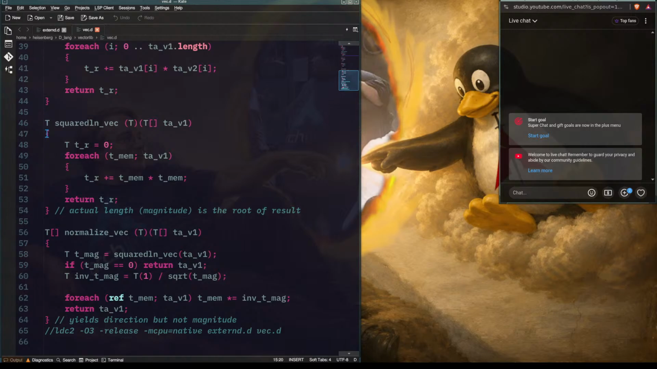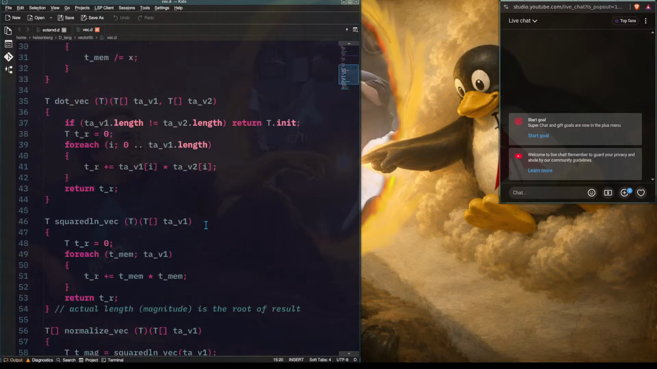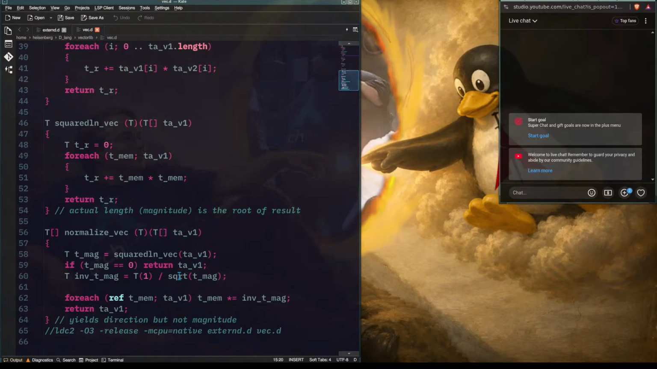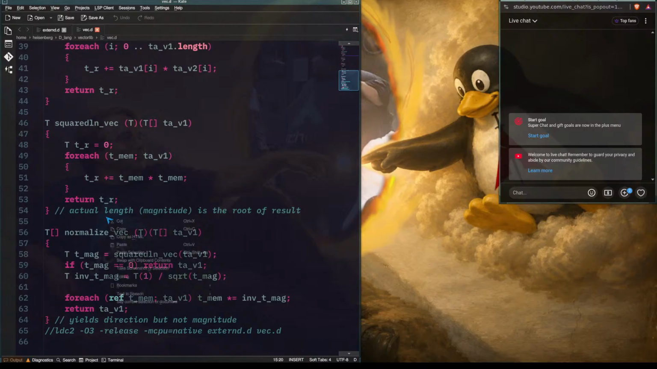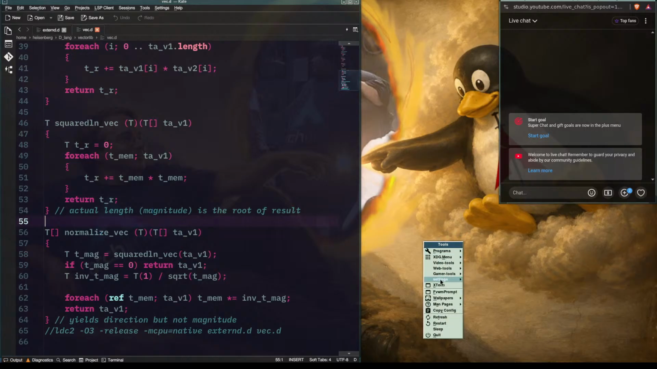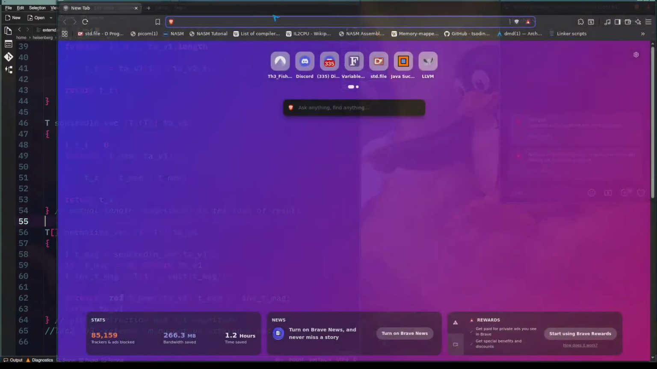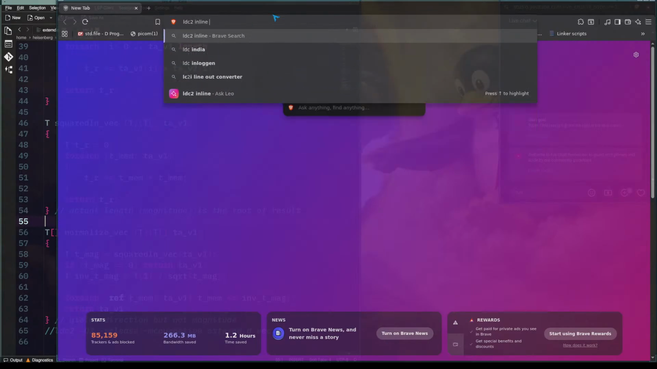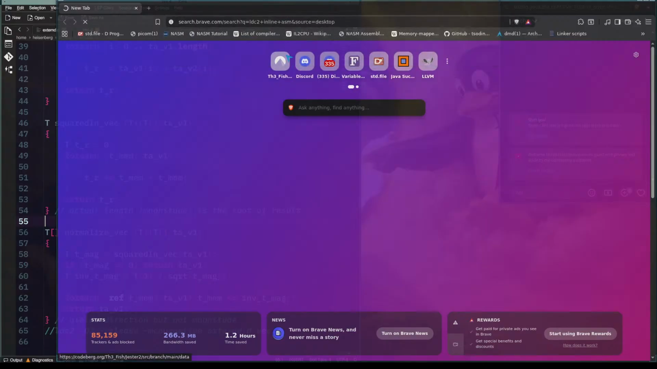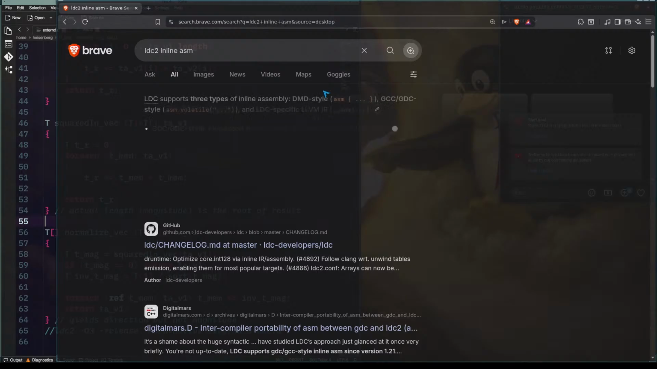All right, this section we need to work on because it doesn't work. We need to either import square root or write a square root algorithm. There is technically a way to do it using a Quake algorithm, or you can do inline assembly. But I don't really want to do inline assembly, to be honest. With LDC2 inline ASM we should be able to do it. We'll need to use the